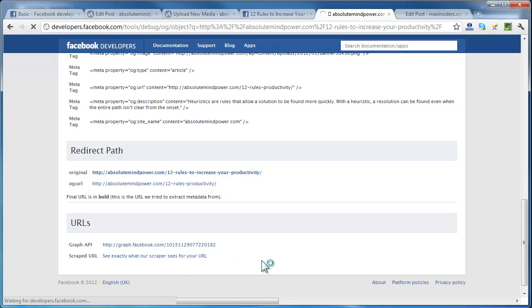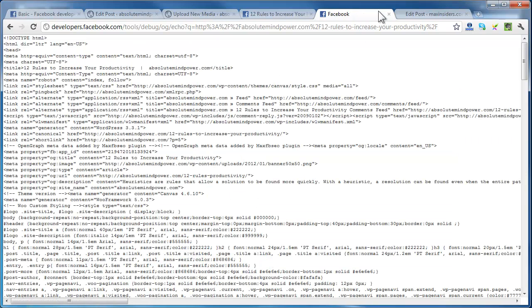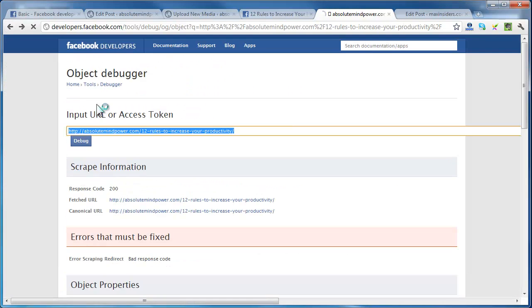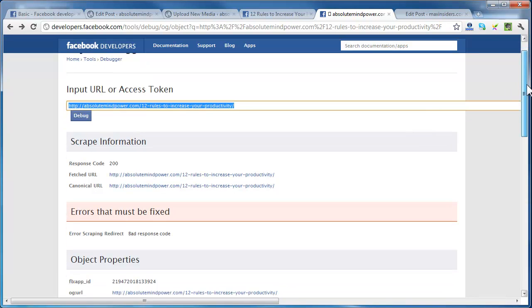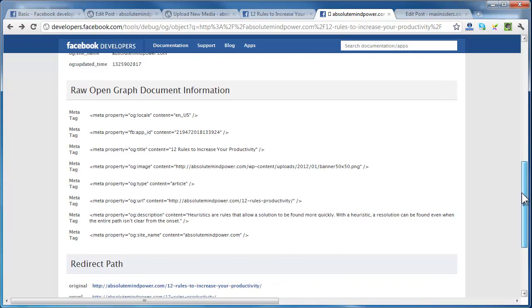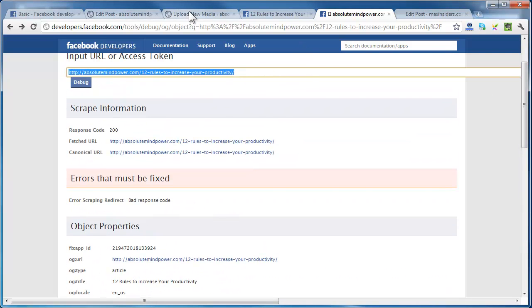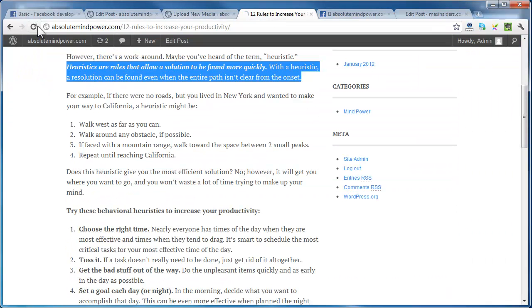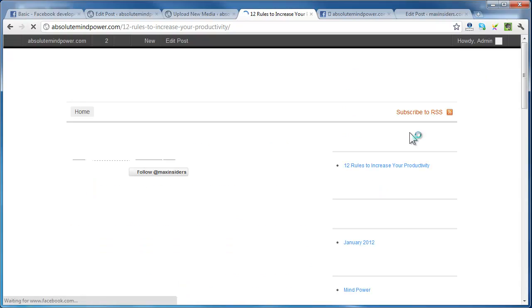So that's what the scraper sees for our URL. If you have any interest in looking at the back-end code, that's exactly what Facebook knows about your page now. So if I go back and just refresh this with all the changes that we've made,